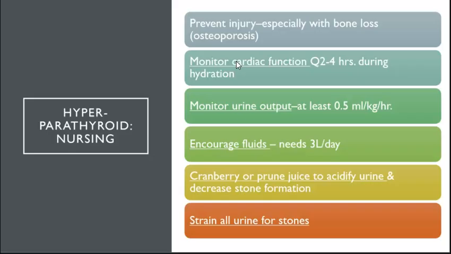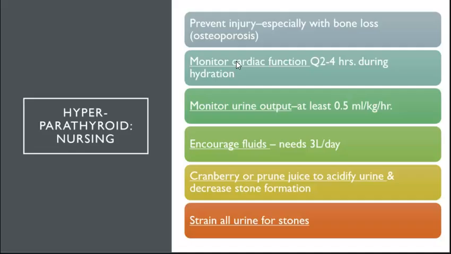So our nursing care. Either one of these is going to have QT dysrhythmias. So you're going to be monitoring. If you have hypocalcemia versus hypercalcemia, either way, that QT interval is going to be disrupted. So then you're going to need to be monitored on a telemonitor. If they have too much calcium, we kind of want to have them pee it out. So give them fluids and give them a diuretic. But be mindful of your diuretics. If we give them hydrochlorothiazide diuretic, that's going to keep the calcium in their system. That's not one that we want to choose. We would probably want to do furosemide with this patient.